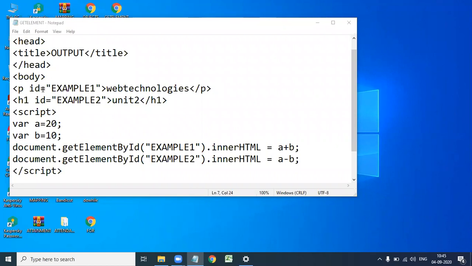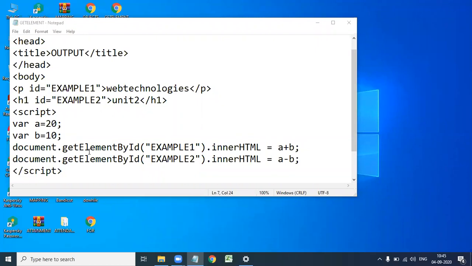Once again I repeat this topic. Here getElementById changed the HTML content having ID selector example1 with the a plus b value. Next, it changed the HTML content having ID selector example2 with the a minus b value.